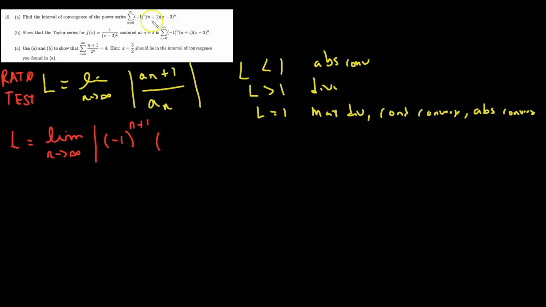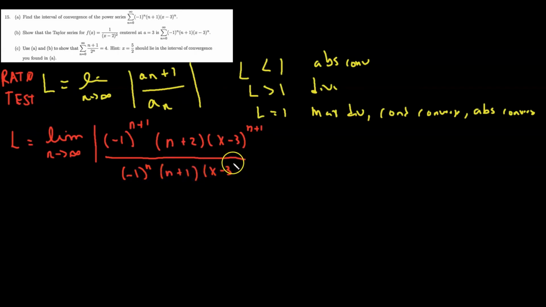So n here, n plus 1, the n changes to n plus 1, so we get n plus 2. x minus 3 to the n plus 1. And that's all over the original, just A of n. So negative 1 to the n plus 1, x minus 3 to the n, absolute value,